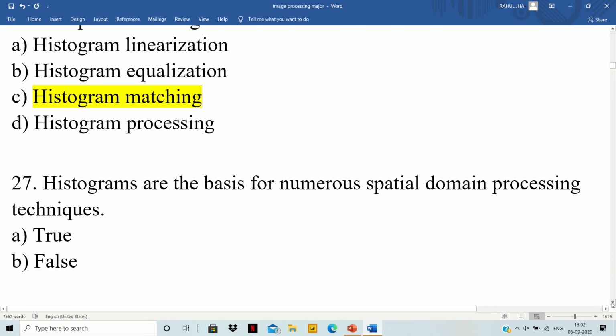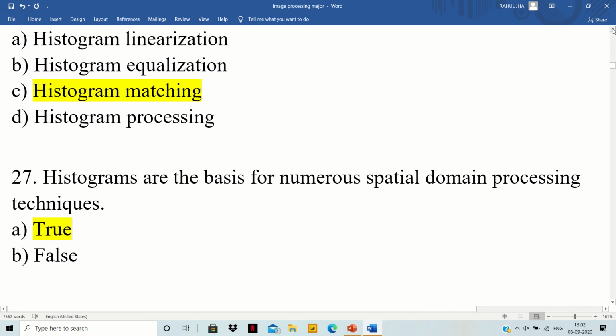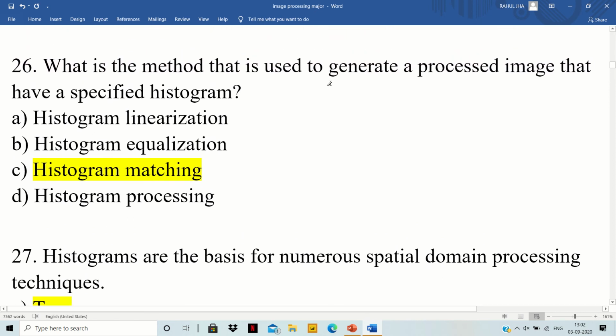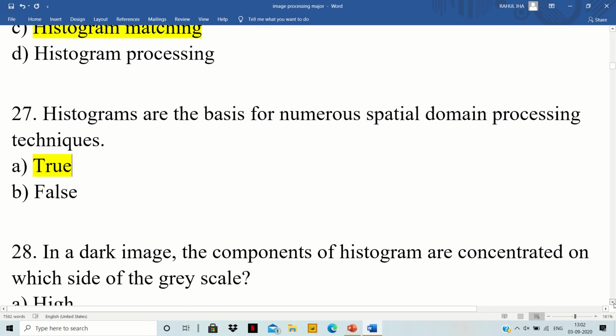Next question. Histograms are the basis for numerous spatial domain processing techniques. Our options are A, true, and B, false. Yes, we use histograms for the purpose of spatial domain processing techniques. As you can see in the previous questions, we are using the histogram for generating a processed image that has a specified histogram. That process is called histogram matching, and that's why we also use it for the numerous spatial domain processing